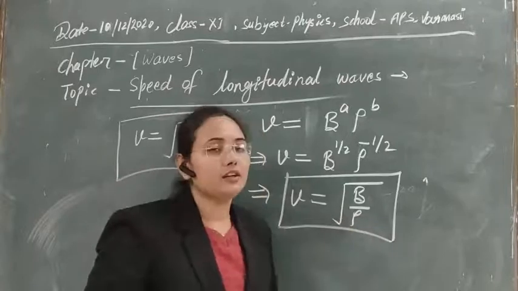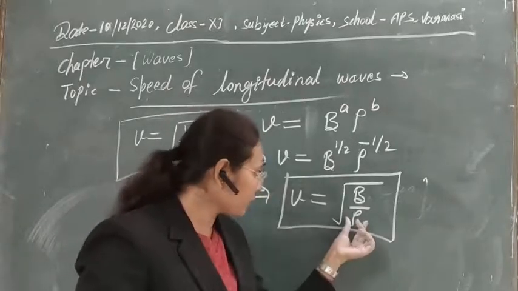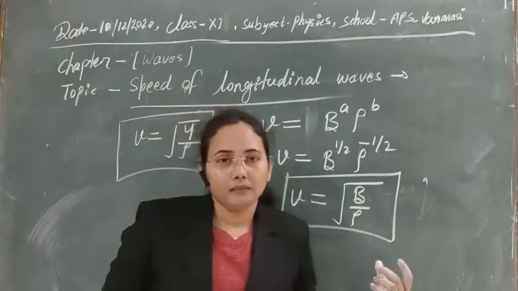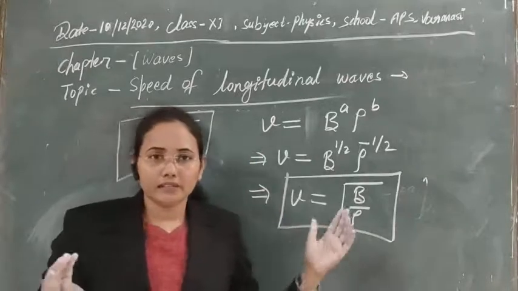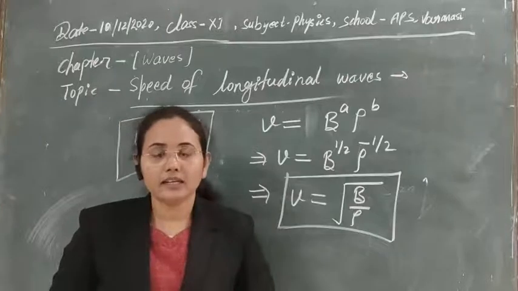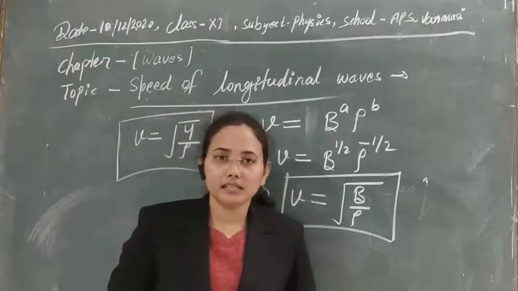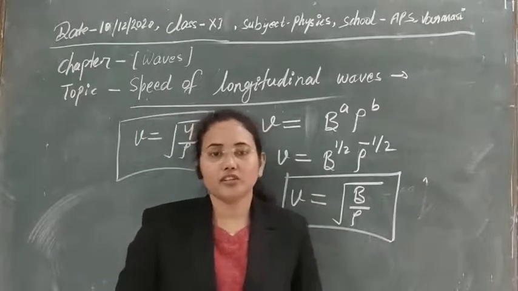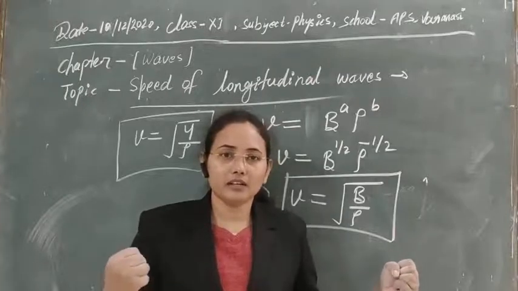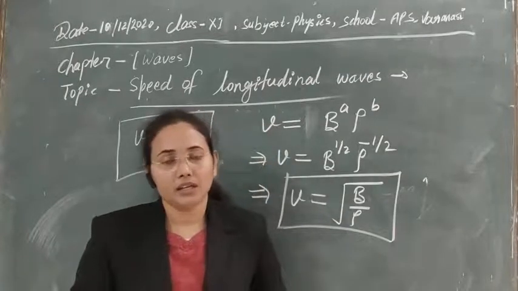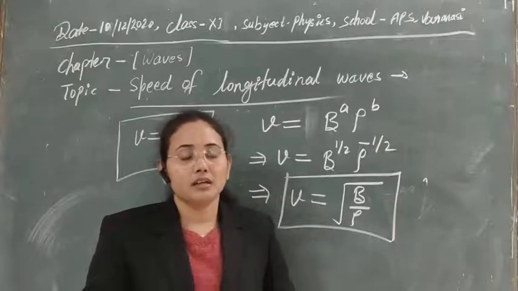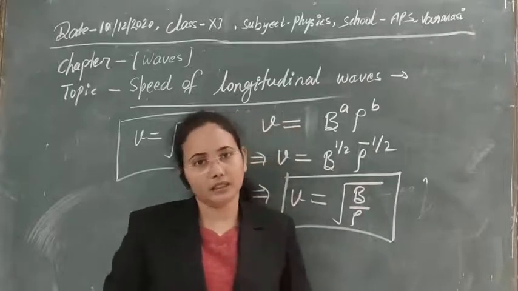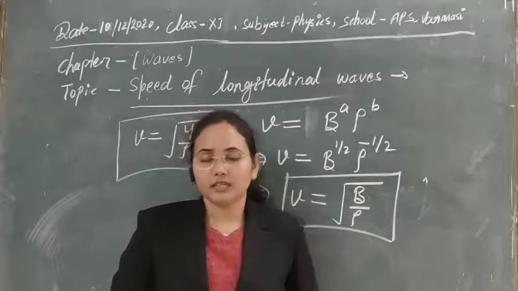And if the density of the material of the medium is smaller, it means that if the density is decreasing, then the velocity will increase, and if the density is increasing, then the velocity will decrease. With density, you can see that the inertia concept plays an important role there, and due to that it will try to restore the energy, means it will try to bring the system to its equilibrium in a greater way. Then it will try to cease the oscillation of the particles, and if there is no oscillation, then there will be no production of wave in that system. So obviously the velocity of the wave will decrease.